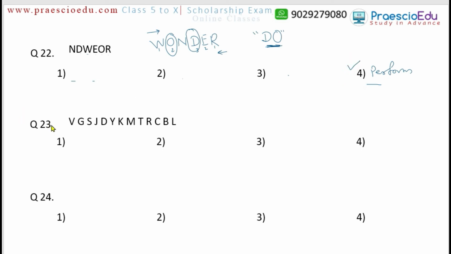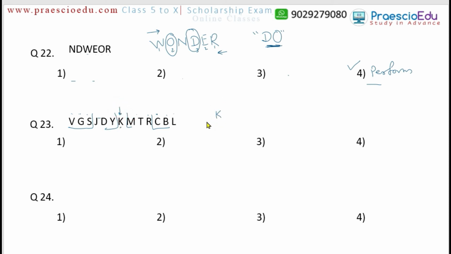Now question number 23, some letters are already given here. Which letters occur at the middle place and the eighth place from the right end in the above series? First we have to find the letter at the middle place. So first we will make groupings from this side and this side. One here, one, then two, three, then two, three. Suppose three groups here, three groups here, again three. I separate them here. So K. The first letter we got is K.